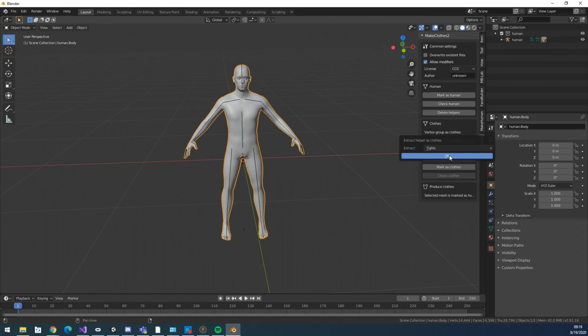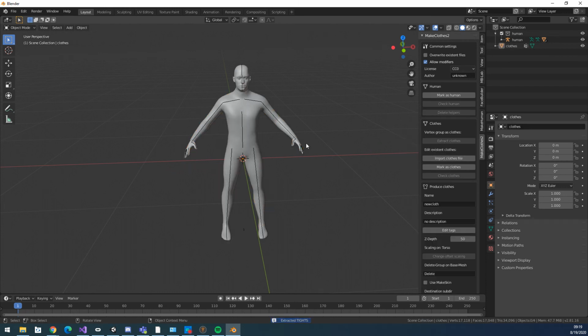Click OK. Now we have another mesh right here labeled clothes. We click that and it highlights it. Notice how the whole body isn't highlighted. It's literally from the wrist to your neck, and then the feet are covered. This is good for making undergarments, but it's also good for making boots and so forth, like undershirts and whatnot. So